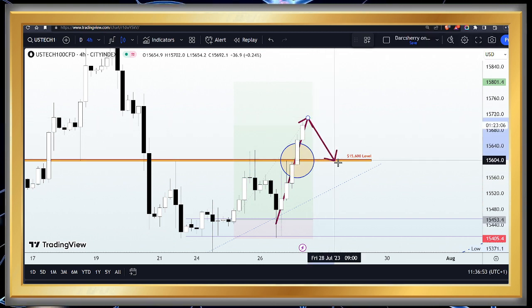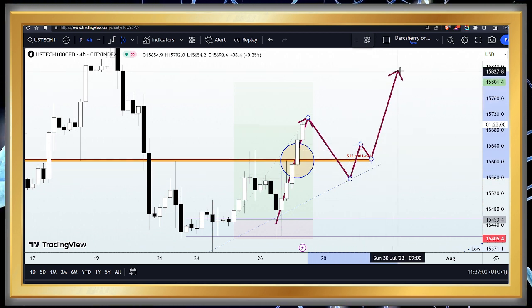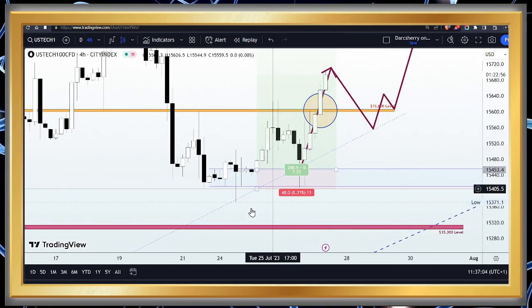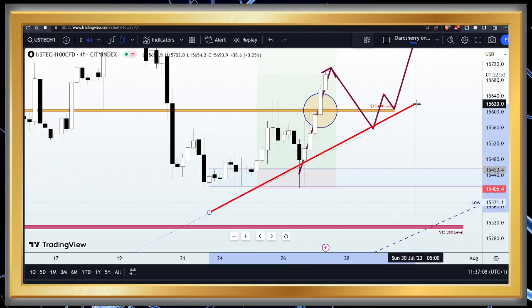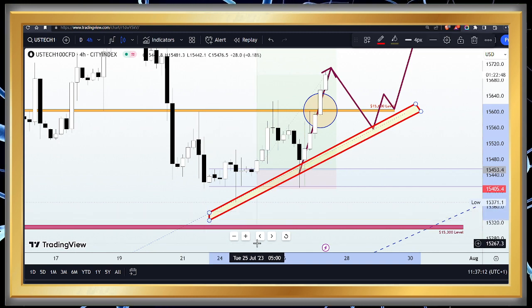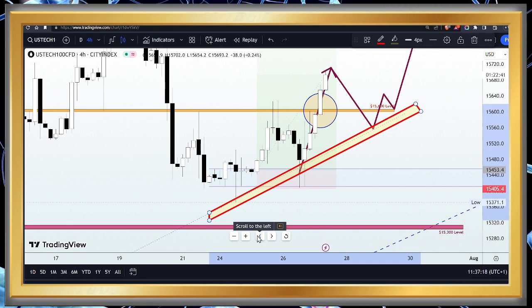So it could come to as far as the 15,600 or a sharp rejection of that ascending trend line to incite another wave of bullish momentum. Now look at how that ascending trend line also shares a confluence with that 15,600. So there is still a chance we could have price retrace back into that zone, and if it does, let us not panic, as we still have a bus stop to look out for more buying opportunities in this particular market.